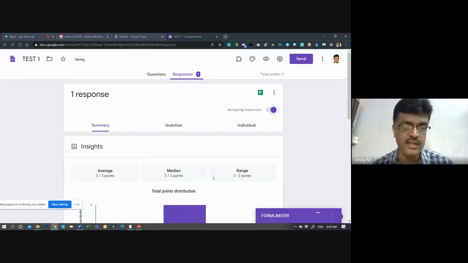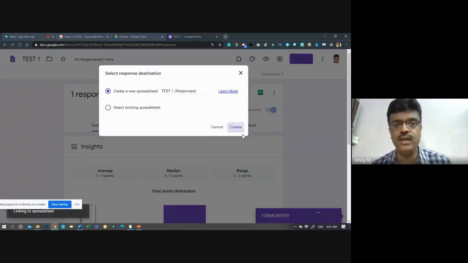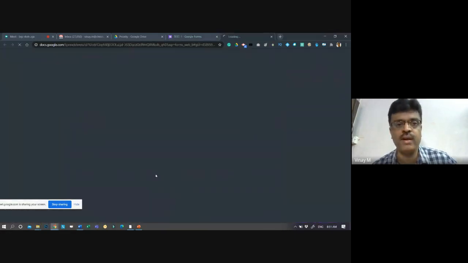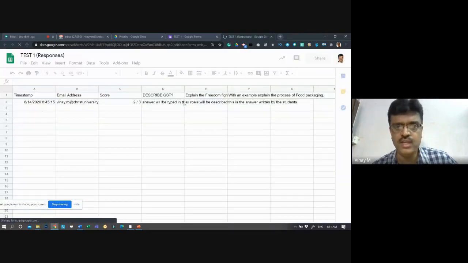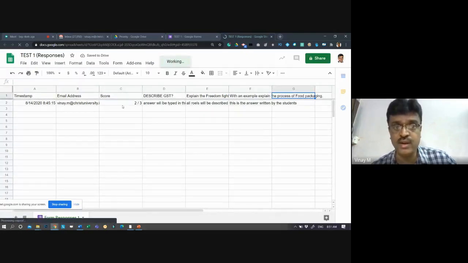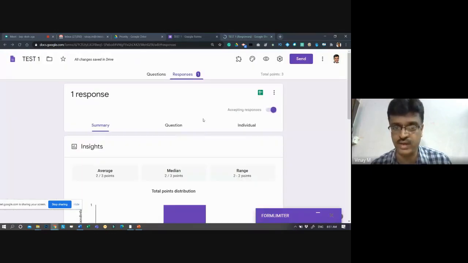Now, once the result is done, you want to see that result, Excel sheet is here. You just click on this, it will create an Excel sheet and will show you where the results of all the students who have attempted will be available in one Excel sheet. See, this is the one for each answer student has given. The score is also there automatically. See, because I manually did the scoring, then it is fine. It works on that. Sir, I don't want this switch on, switch off manually. I want to do it automatically.